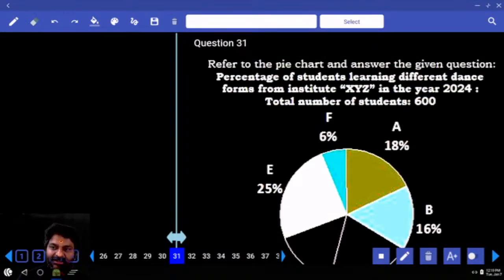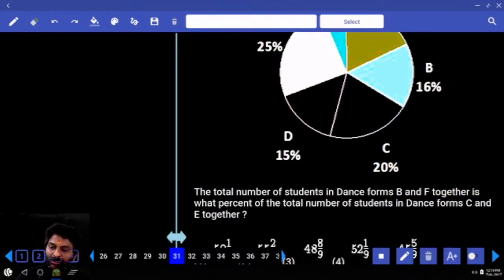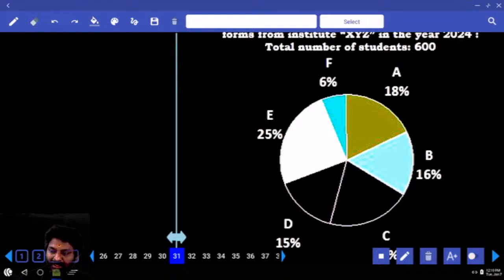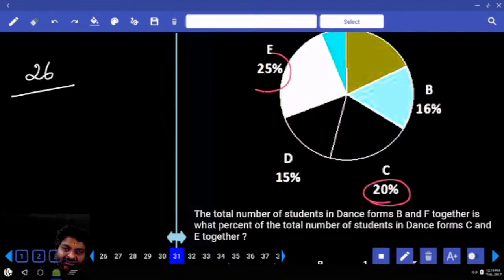Percentage of students learning different dance forms from Institute XYZ. Total number of students 600. What is 1% value here? Right. Total number of students in dance forms B and F together is what percent of total number of students in C and E together? B and F together is what percentage of C and E, which is 45 percentage into 100,